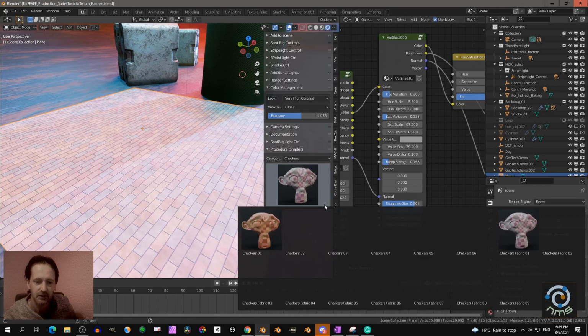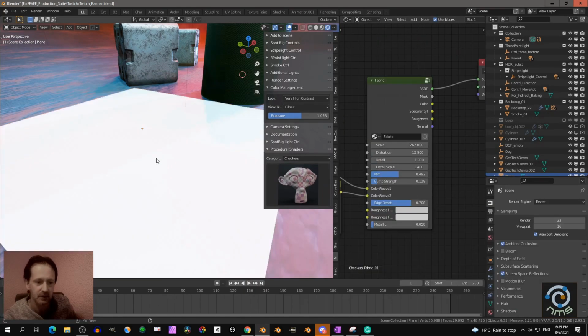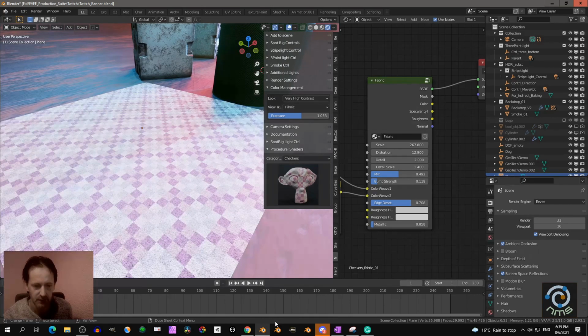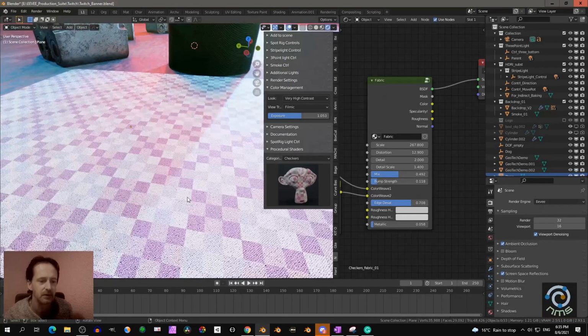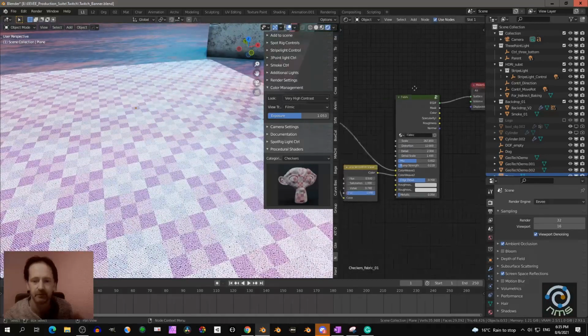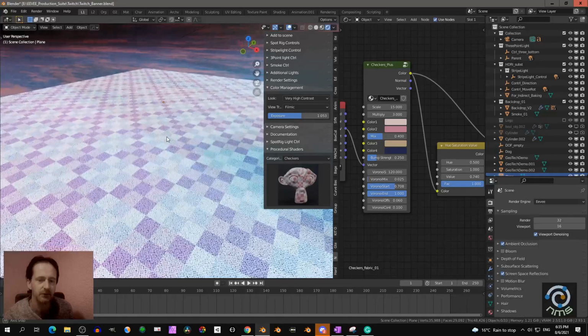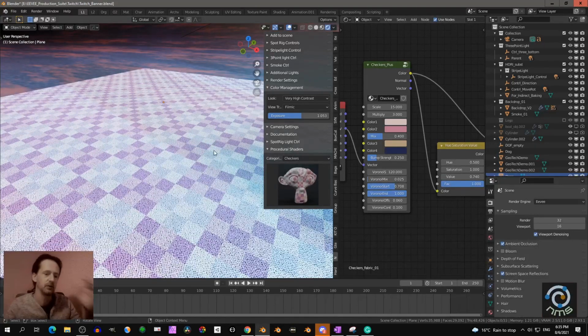So we have checkers here. I can go to checkers over there. Now we got another material. It's doing the shaders compilation, and you see that this is a fabric. So there's a fabric, and you can set here the checker. So if you have a cloth simulation and you want to make a towel or dishes like that, you can do this. So you can set the colors and